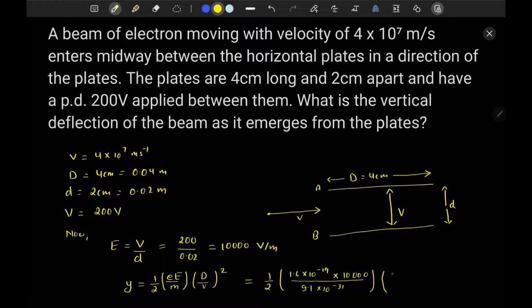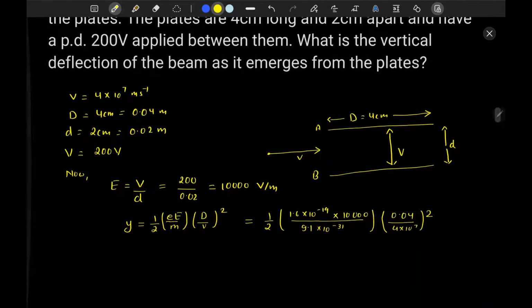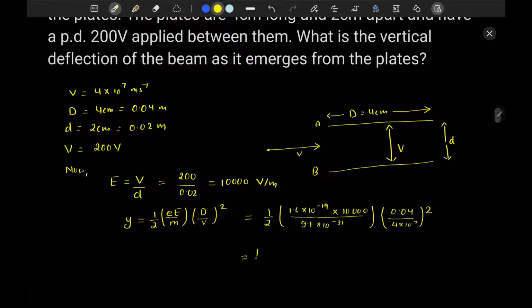Length of the plate 0.04 by velocity of electron 4 into 10 power 7 square. We will use calculator to solve this. Half into the term between the bracket comes to be 1.758 into 10 power 15 into,